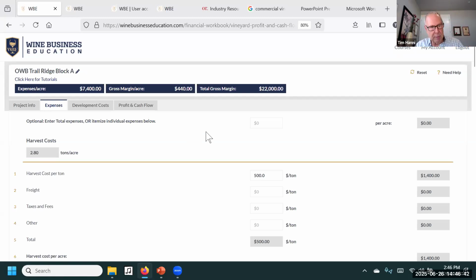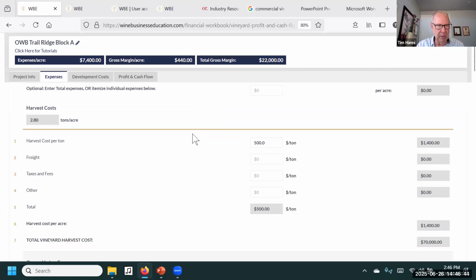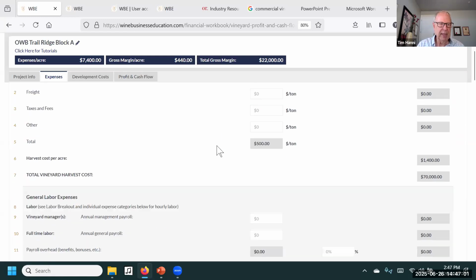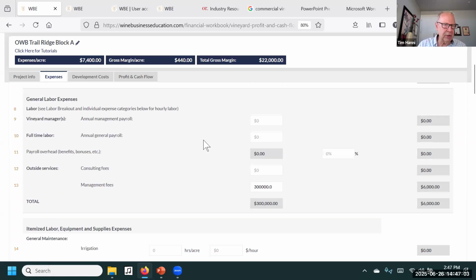The way that would be handled in this program is you would look at the projected value in tons per acre that you would realize, and again, to do that in the profit and cash flow tab. And then what additional costs are there that might be adjusted, either in the long term, going in here,